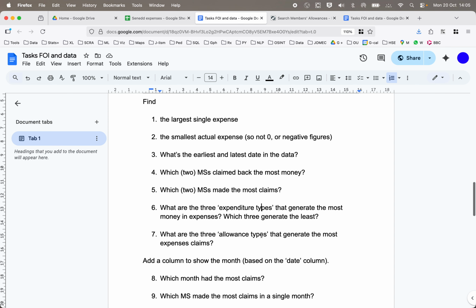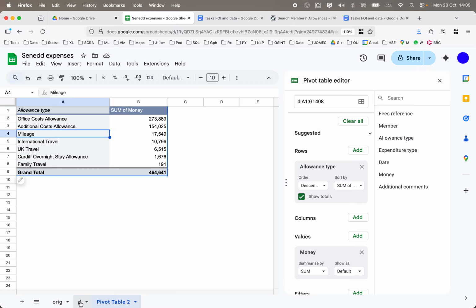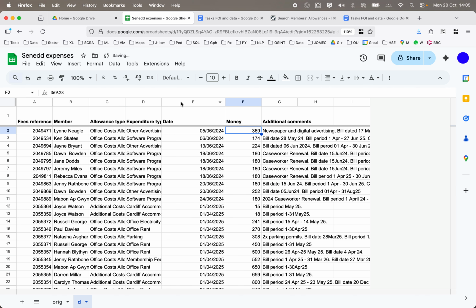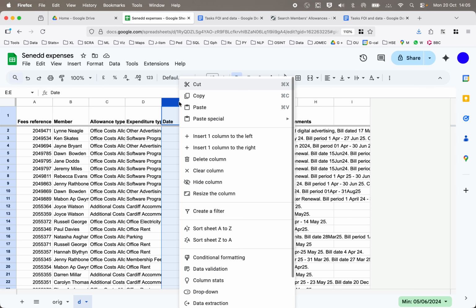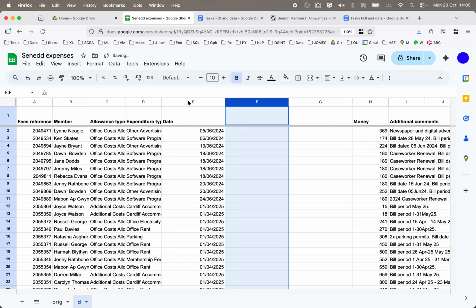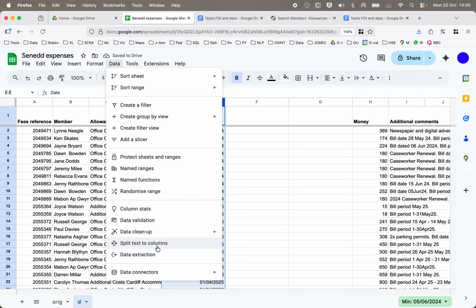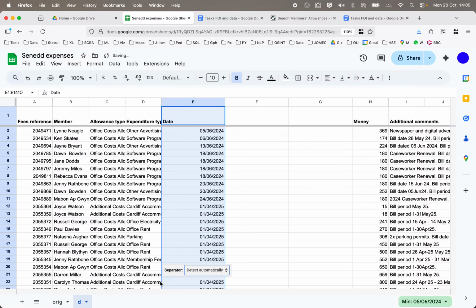Okay, add a column to show the month. Okay, how do we do? Well, we've finished with the pivot table. I'm just going to delete it. So there's the date. There's a couple of ways we could do this. We could insert some empty columns, and then we could say select these dates, and we could go split text to columns and tell it to split by /,